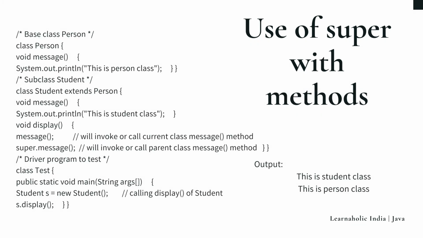Second is use of super with methods. This is used when we want to call parent class method. So whenever a parent and child class have same named methods, then to resolve ambiguity we use super keyword. This code snippet helps to understand the said usage of super keyword. In the above example, we have seen that if we only call method message, then the current class message is invoked, but with the use of super keyword, method message of superclass could also be invoked.